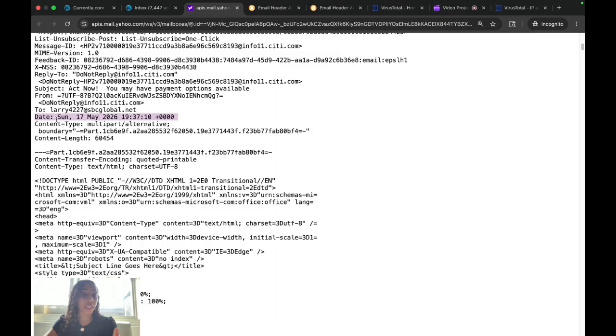Then we have another timestamp. And then we have the content type, and it says multipart alternative. That just means that there are multiple versions of the same message in this email. This is usually when there's HTML format as well as plain text formatting, and they usually separate the HTML formatting and the plain text formatting with the boundary, and that's the next header. It's describing the boundary so that we know when we see this boundary,